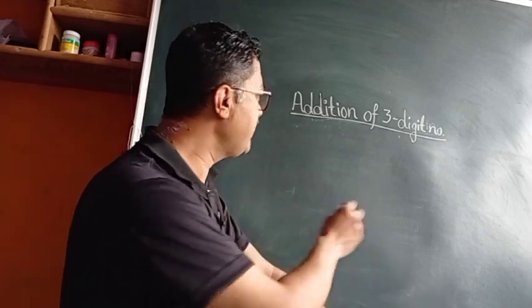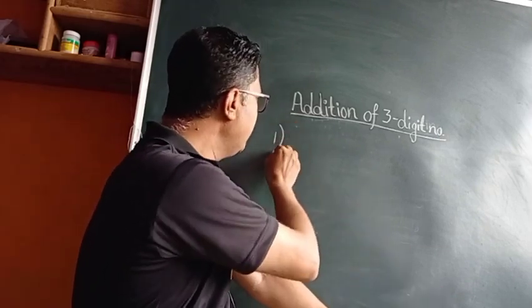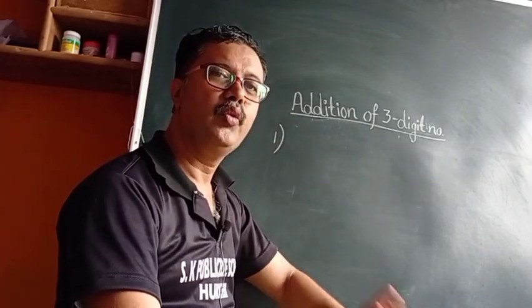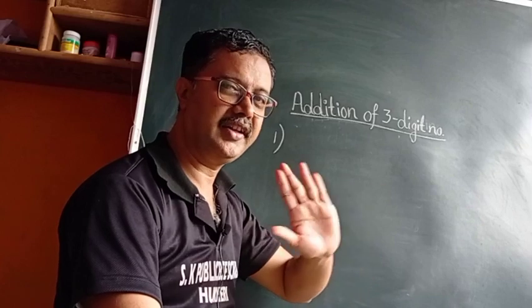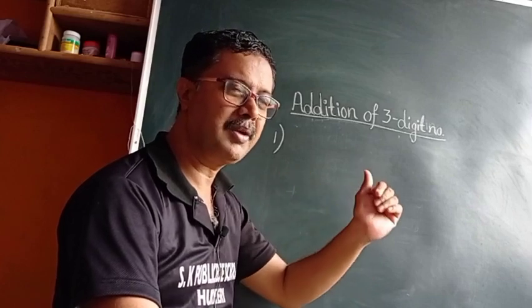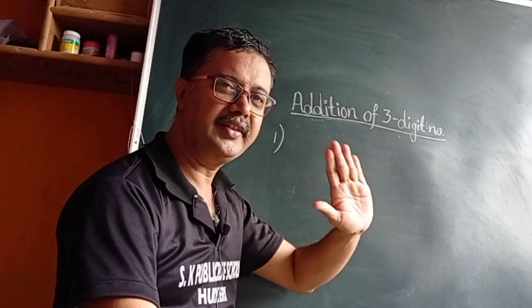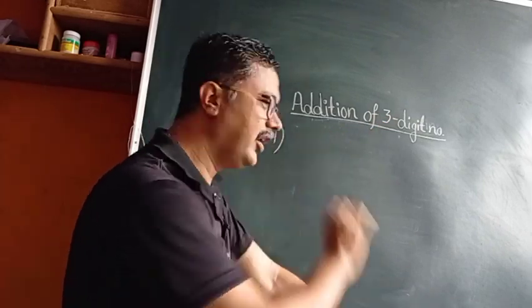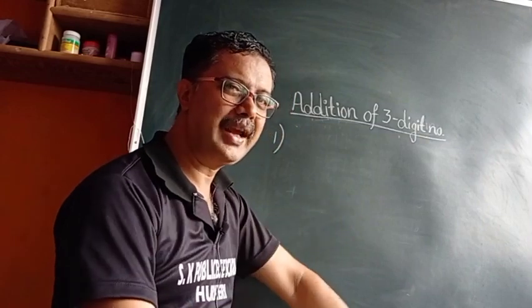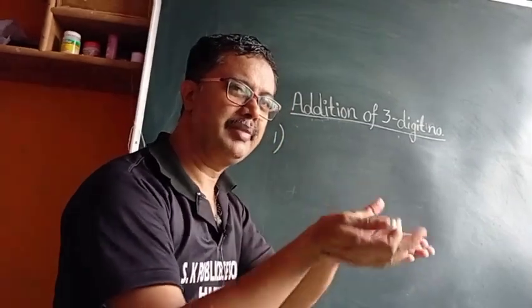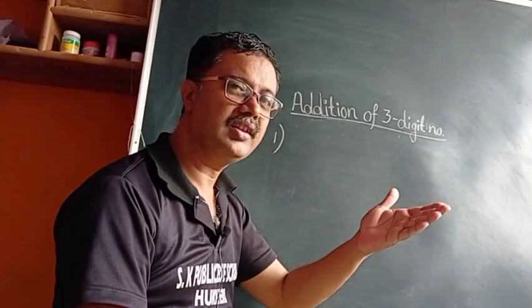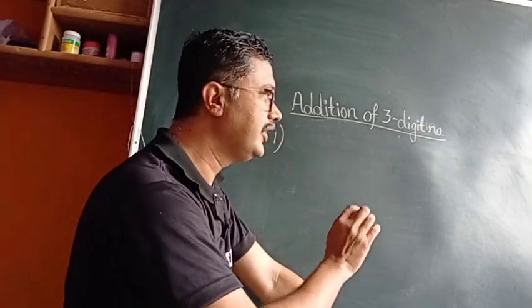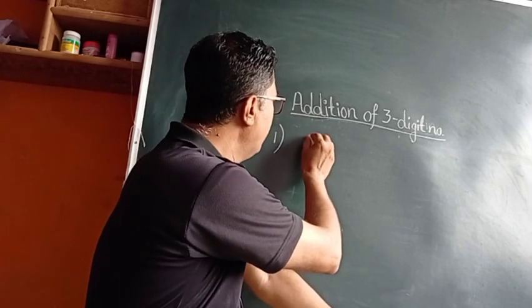Okay. Now let us start with the addition of a 3-digit number without carry. First we'll solve the problems without carry, then afterwards we will solve with the carry. First, before that, a recap of what you learned in the previous class. First I'll solve. How? Here, first example,